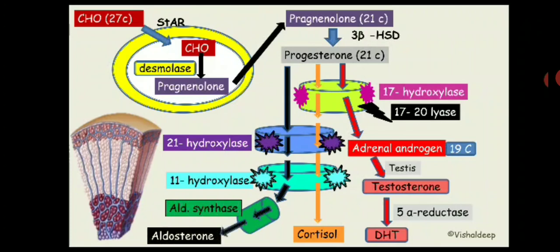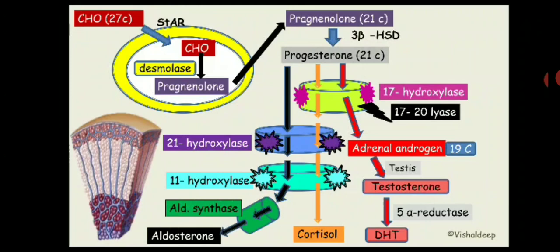make aldosterone. Now what does this aldosterone synthase do? Let me give you that. Aldosterone synthase is an enzyme that first hydroxylates the molecule at the 18th carbon, then dehydrogenates at the 18th carbon. So first this aldosterone synthase will add hydroxylation at the 18th carbon and then remove H from this 18th carbon, and this eventually makes aldosterone.